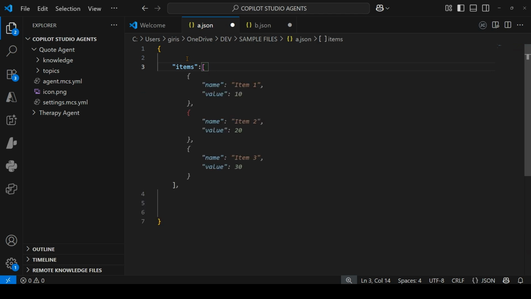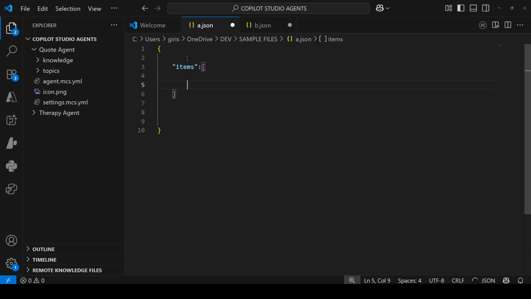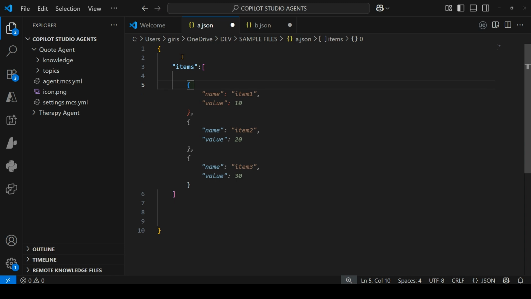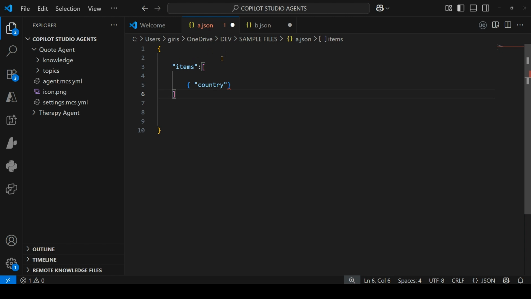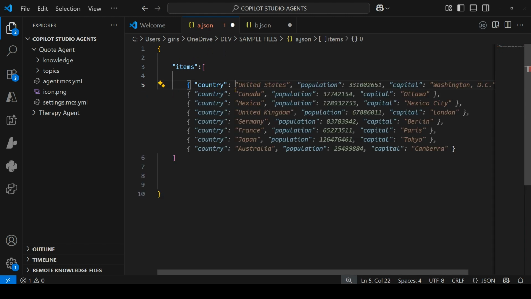So this is my array, and then within this array I will have some content. So maybe a legend. I will call this maybe country. Say country, and I'll say United States,